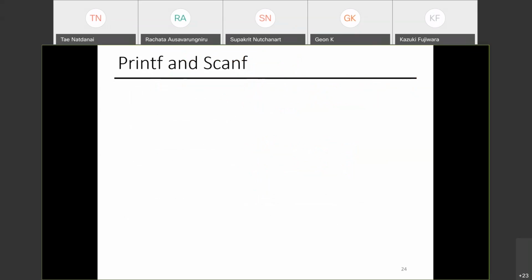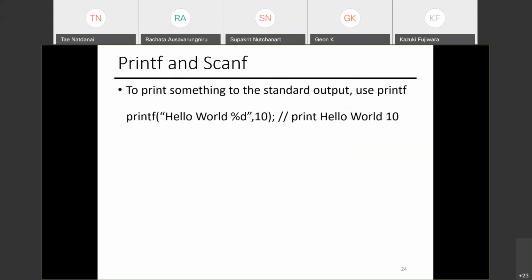You can process text from the input and print something to the output by using printf and scanf. Basically, to print something to your monitor, which we call standard output, as the name suggests, it's the output that is standard and well understood, you use printf. For example, printf hello world. %d is a special character that means I'm going to represent a decimal number.